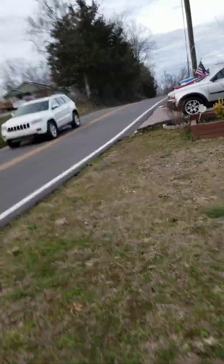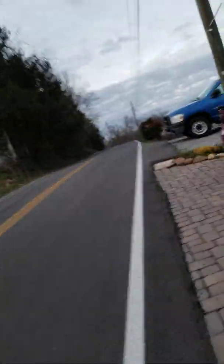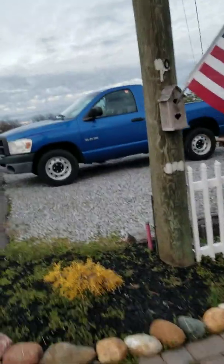Walking up to the 2014 Ford Fusion Energi Titanium. This one is loaded. The only thing this one doesn't have on it is the heated steering wheel, which I had on the previous one, but I didn't have the vented seats. And as far as I noticed on the Volt, they don't offer